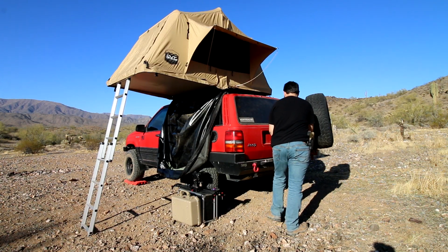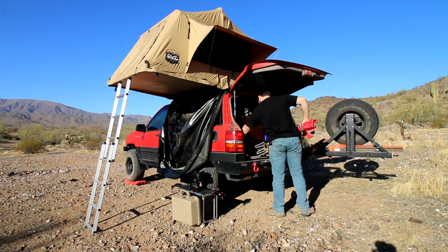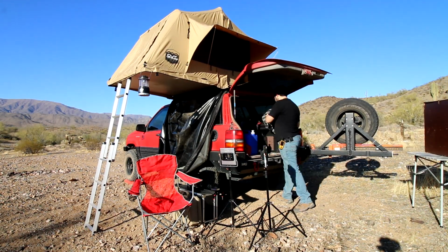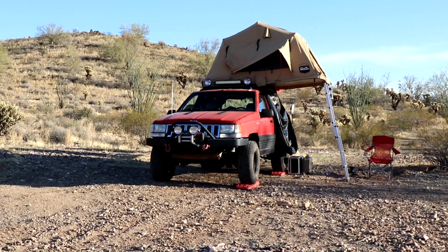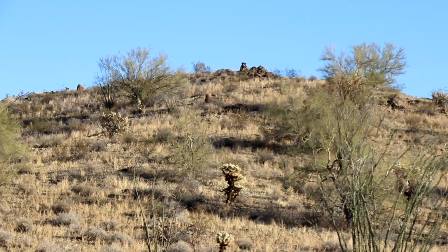That didn't take long, and it was soon on to getting the rest of camp ready. I got my table and chair out, lights set up, and a camp box ready to cook dinner in a bit. Within 15 minutes, everything was ready, and I decided to set out for a short hike and explore the surrounding